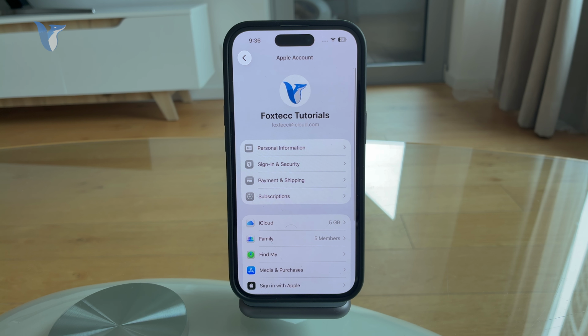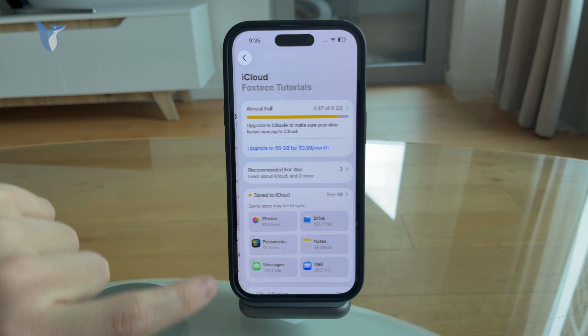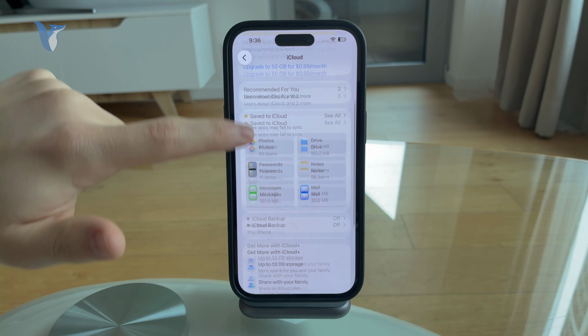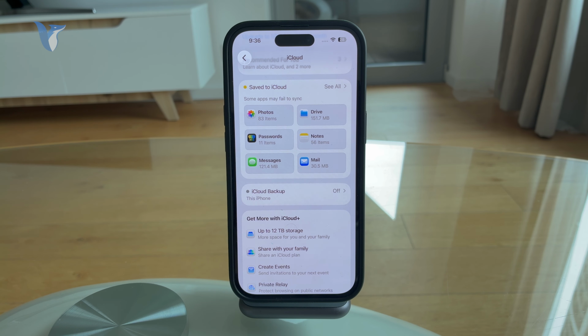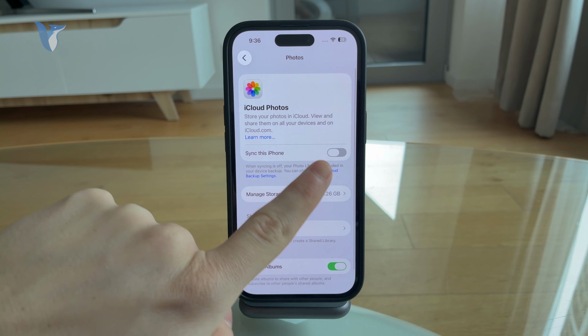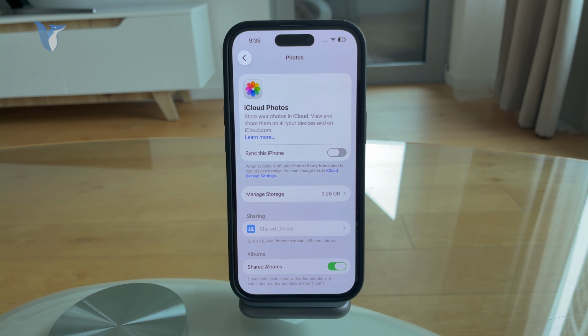So you're going to go to your name and proceed to iCloud, where you can see your situation, but also the apps which can be saved and synced. Photos is most definitely one of them, and there is a Sync this iPhone toggle. Pretty self-explanatory. Just make sure it is turned off, and it might ask you to delete some stuff,